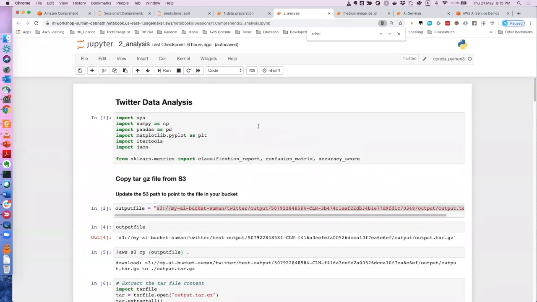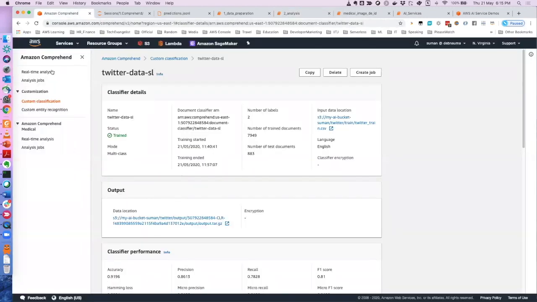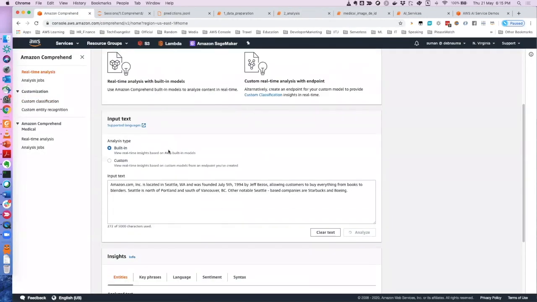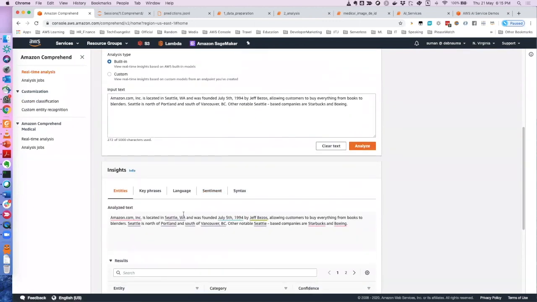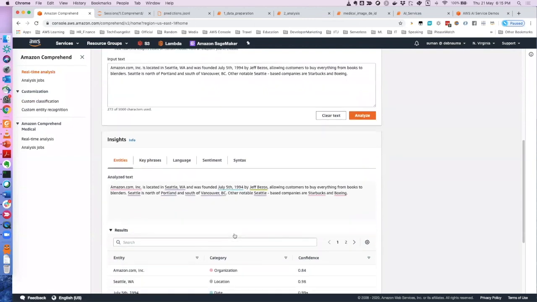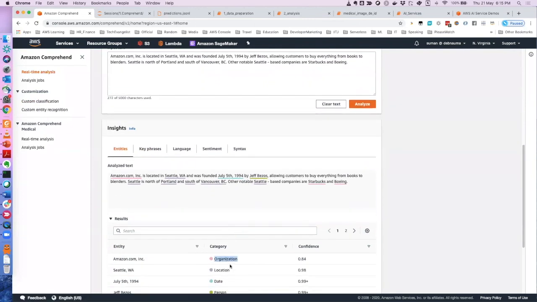We have seen just sentiment analysis, but we have also seen entities, where it can predict whether a text contains any organization, location, dates, or whatever. But it can do a lot of other things.